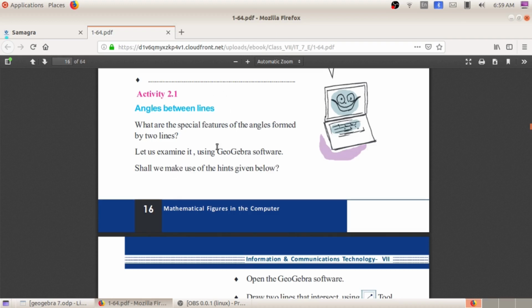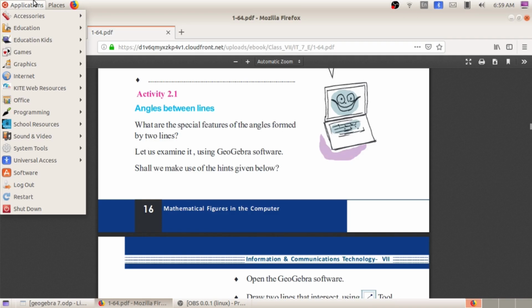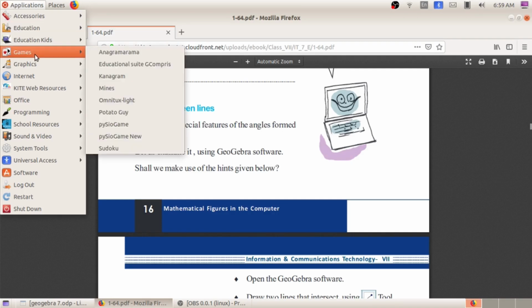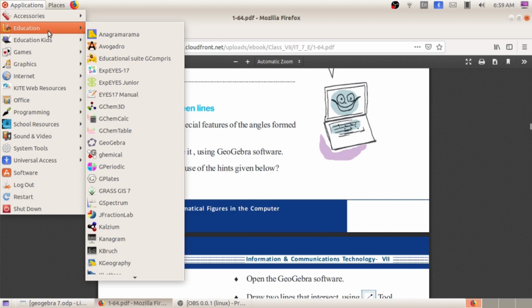So how to open GeoGebra application? Tell me, dear students. First we need to go to applications at the top left corner. Inside that you can see an option called education.